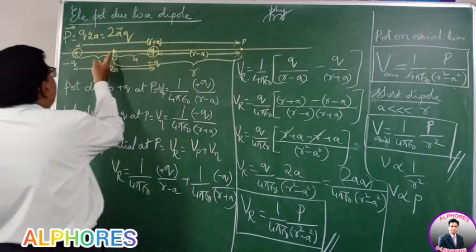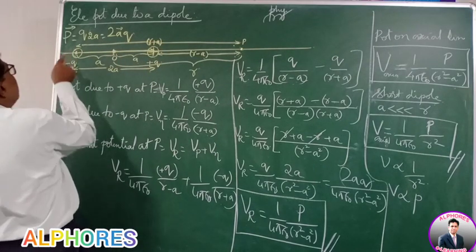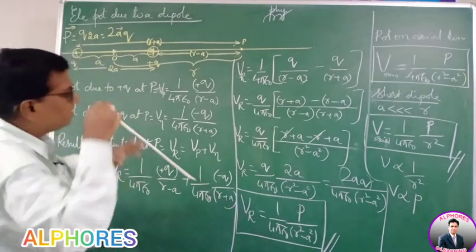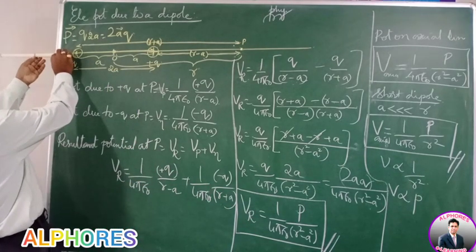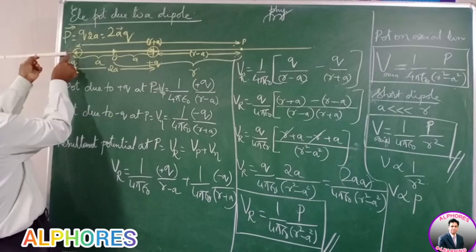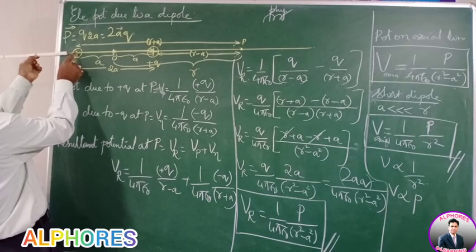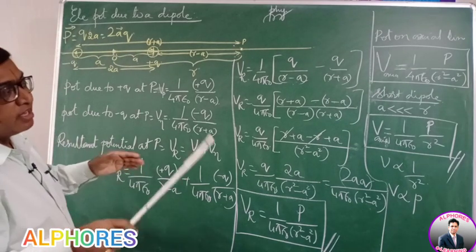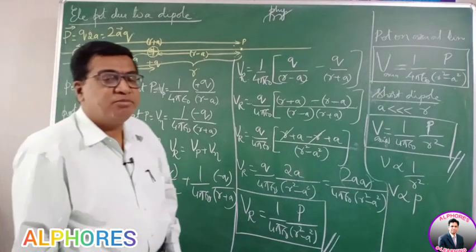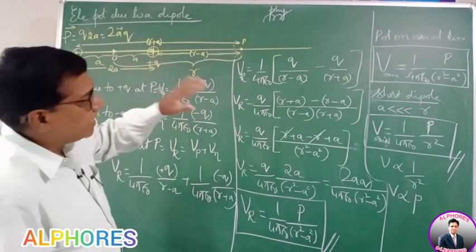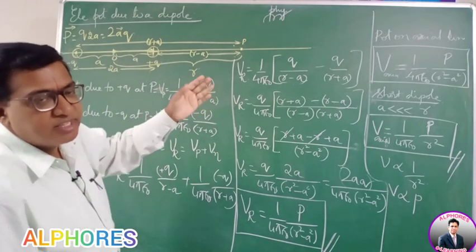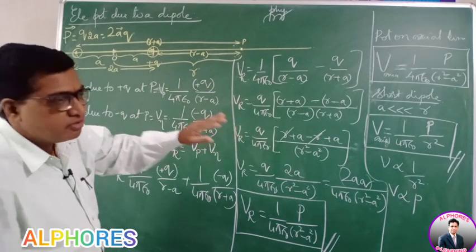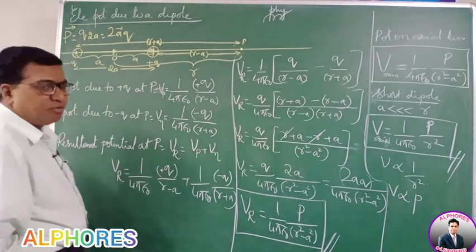But if I take the same point on the other side of the dipole, suppose this axial line, extend the axial line here, right? Suppose I take it on the other side, this is the extended axial line. If I take a point here, now the point is nearer to negative charge. Now the negative potential is more, positive potential is less. So the final answer will be minus. So if the point lies on the right side, nearer to the positive charge, then the potential is positive. The point nearer to the negative charge, the potential is negative.